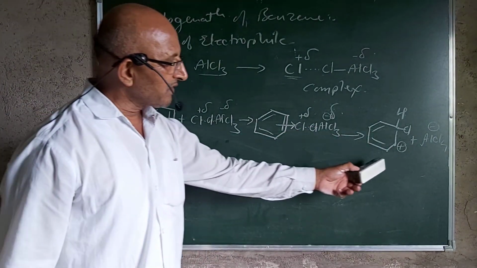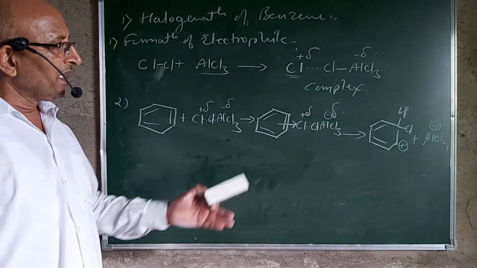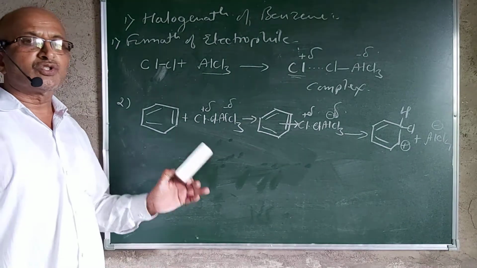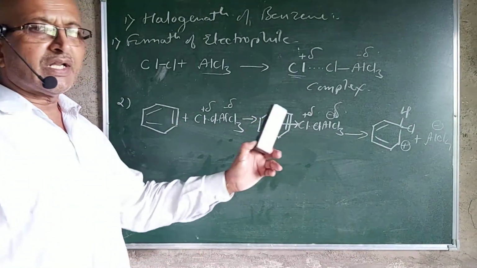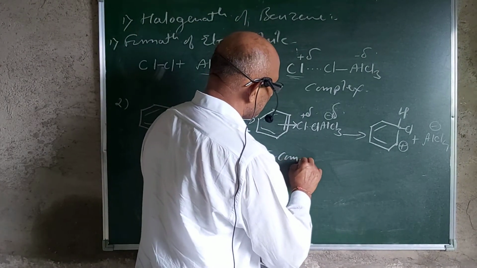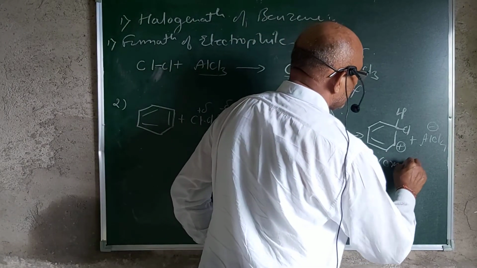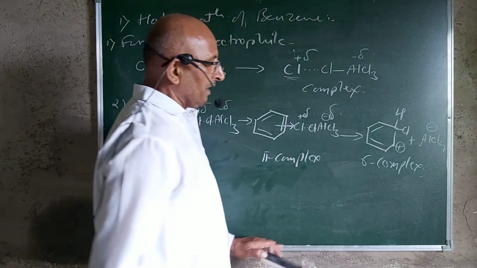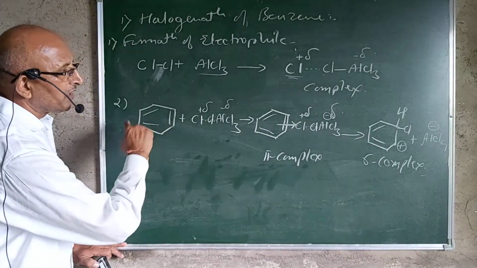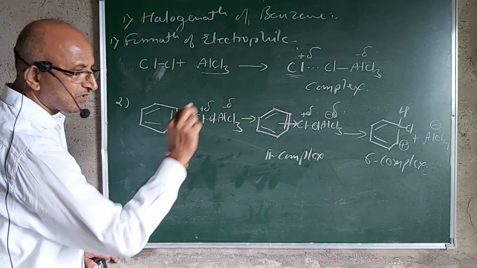As we have studied that this carbocation is well stabilized by the resonance structure, we need not write it again, but whenever it is asked in your examination, you are supposed to explain that the carbocation, or this sigma complex, is getting stabilized. This is your pi complex, and the next one is your sigma complex, which you call a carbocation, is getting stabilized by resonance. These are the second and third steps. We have written it in one way: formation of pi complex and formation of sigma complex.